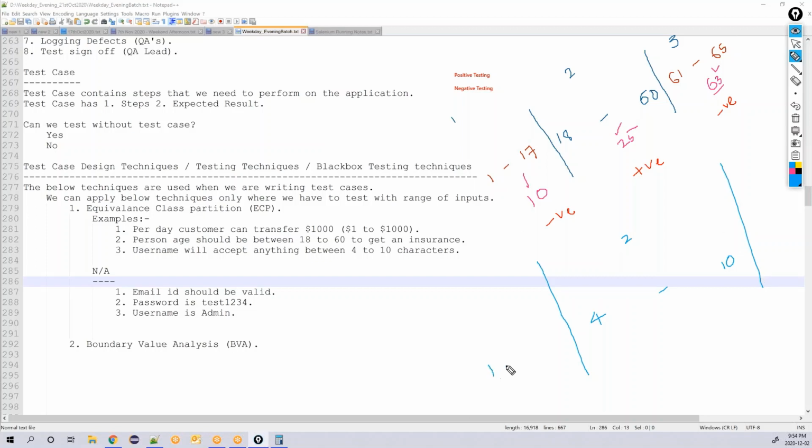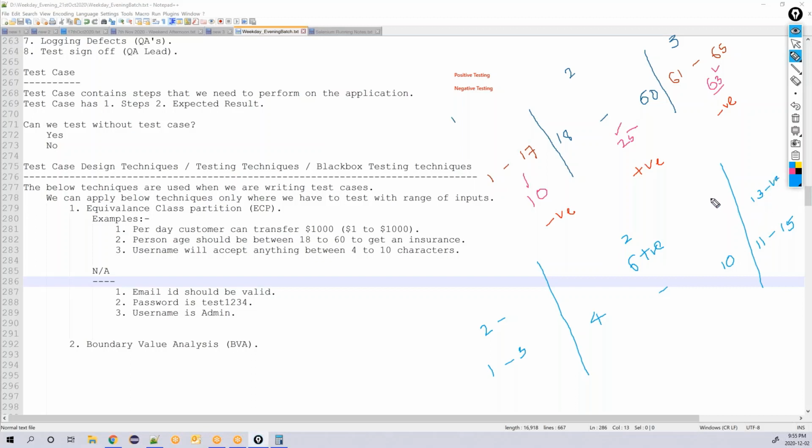One partition will be between 1 to 3, and another between 11 to 15. Why only 15? Can I take 20 also? Yes, you can, but you are taking the nearest value. So you pick any number between 1 to 3, let's say 2. You pick some number between 4 to 10, let's say 6. And between 11 to 15, let's say 13. This is called negative testing, this is called positive testing, and this is called negative testing.